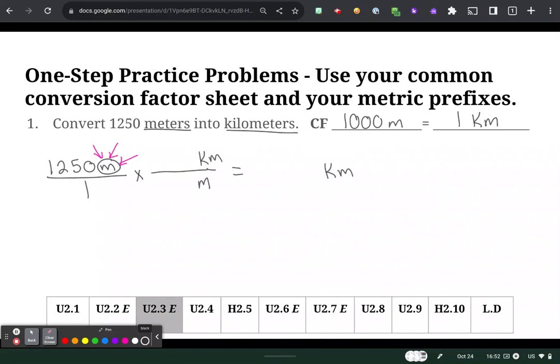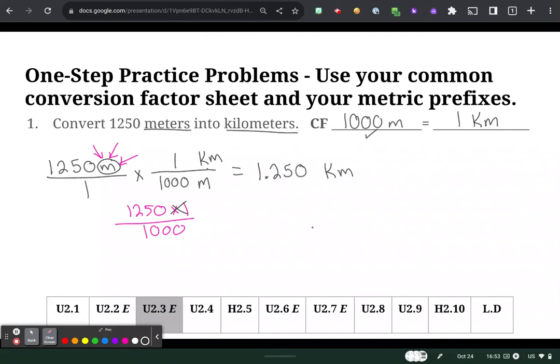Then my conversion factor says that for every 1,000 meters, there is 1 kilometer. So I now have this set up, so I know whether I'm multiplying or dividing by 1,000. So this is going to be 1,250 times 1 divided by 1,000 mathematically. And again, I hope you recognize that times 1, I don't really need that, because when you multiply or divide by 1, it ends up being the same value. So I take 1,250 divided by 1,000 for